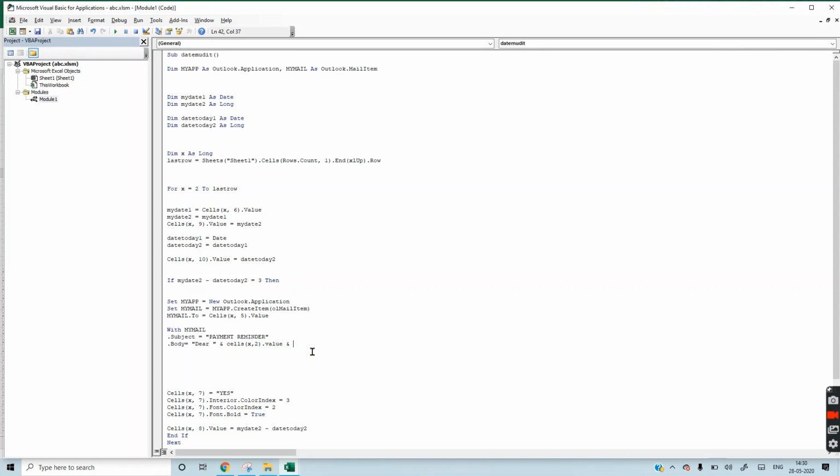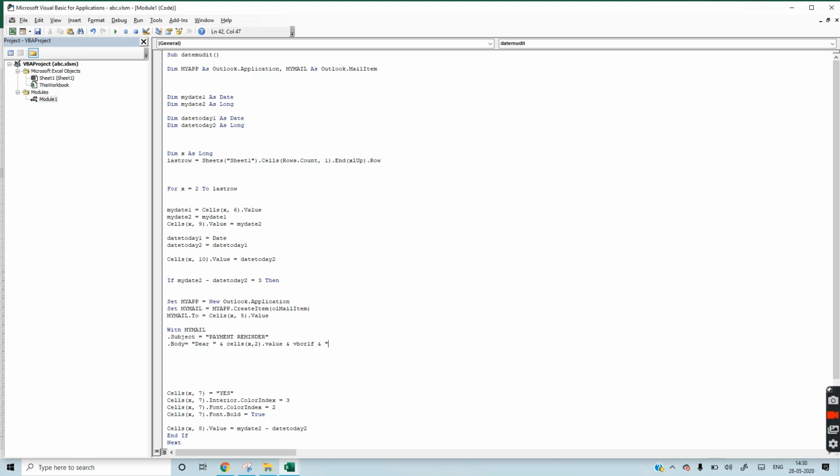One thing to take care of: whenever you want to change the line in the email, suppose Dear Mudit comes in the first line and the second line is your outstanding amount is due, to change the line you have to write specific code here, which is vbCrLf. So this code will change the line. Again, we will write add.